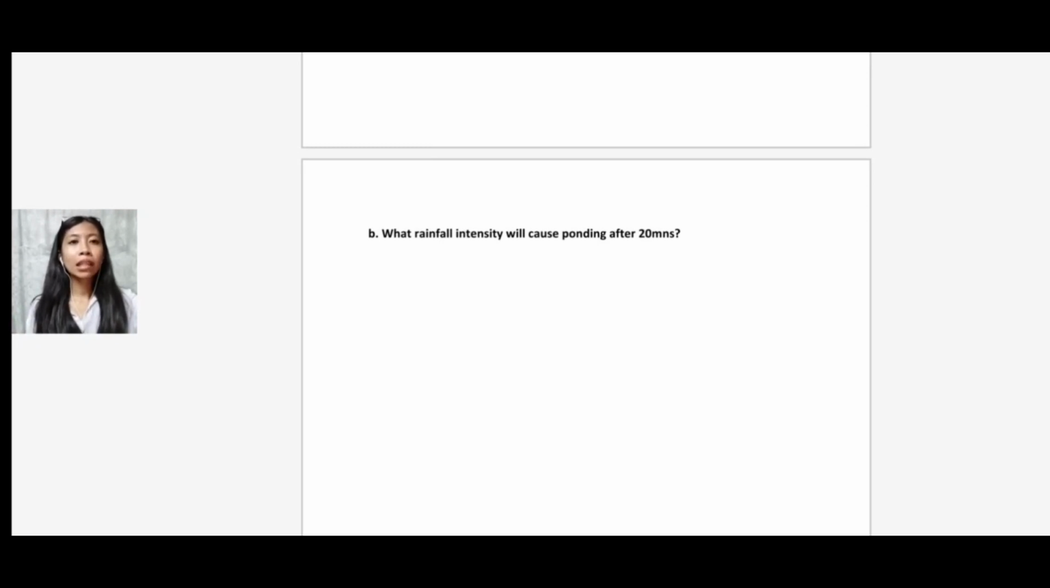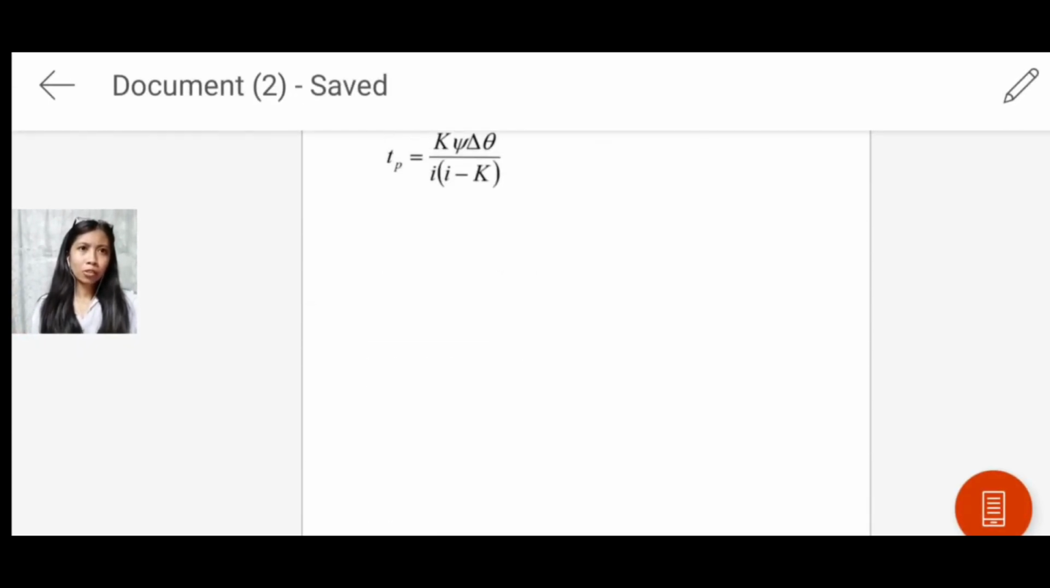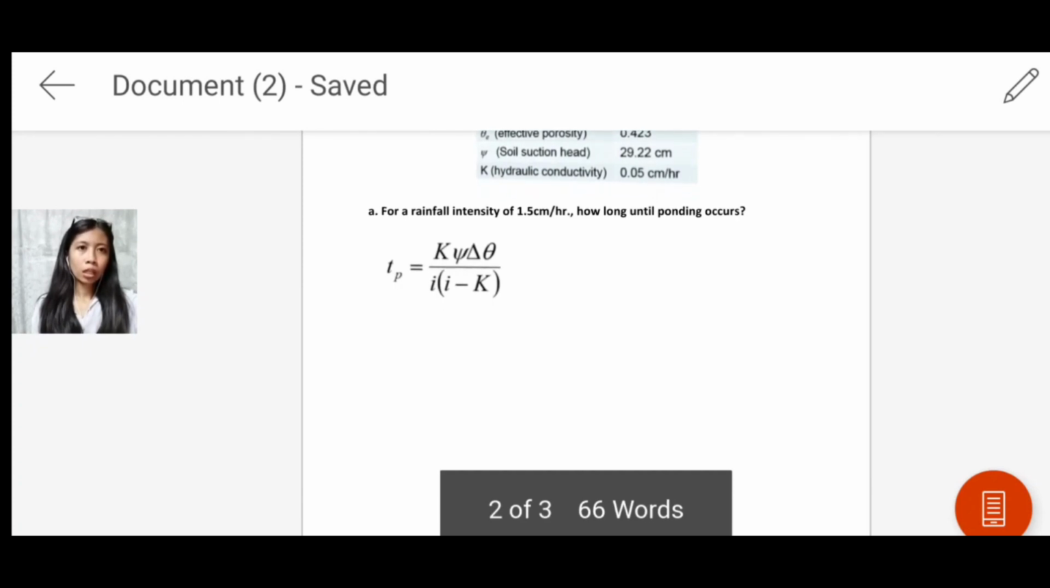Ang hinahanap natin, anong yung rainfall intensity. Hinahanap natin kung gaano ba kabigat yung kataas yung rainfall rate or yung intensity niya para mag-start yung ponding time after 20 minutes. So, kung isipin mo, medyo matagal compared sa una. Kasi ito,